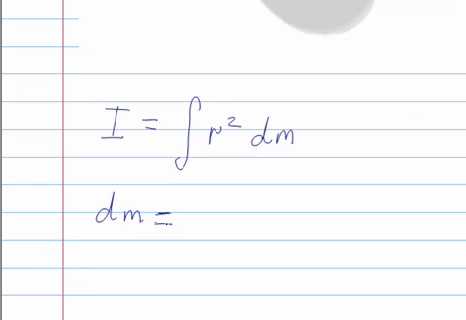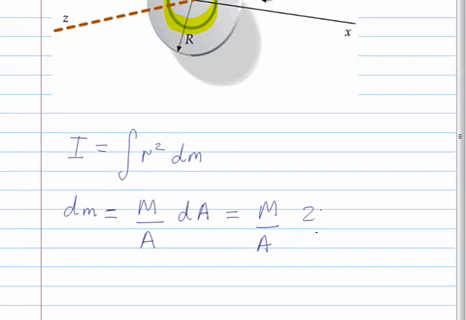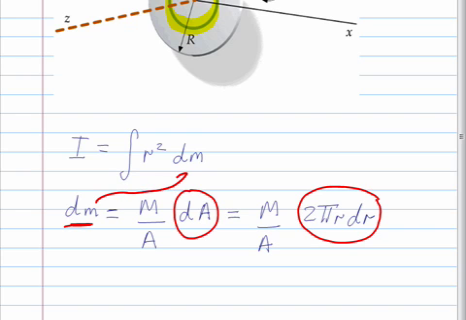The little bit of mass of that ring is the density, or the mass per area, so it's the total mass divided by the total area of our disk, times the little bit of area that that small ring represents. Now, that ring has circumference 2 pi r and thickness dr. Therefore, the small amount of area that it represents is 2 pi r dr, so that's the small amount of area there has now become this. So let's put our dm that we found into here